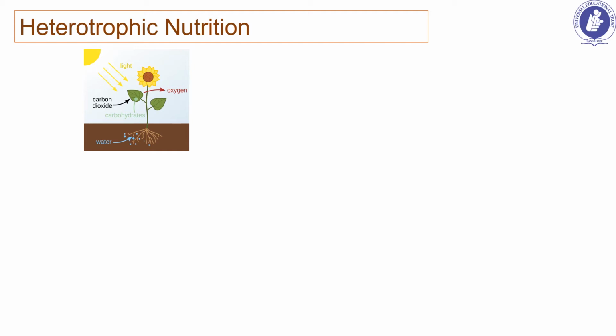Good morning, students. In our last class, we learned about the autotrophic mode of nutrition. That is the mode of nutrition in which green plants can make their own food. The conditions necessary, you will be remembering seeing that picture. Now, do you think all the plants can make their food in this way?